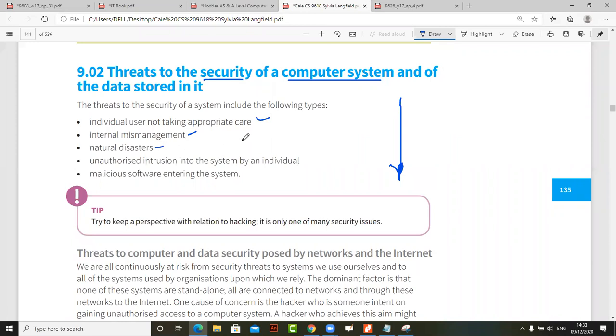So your computer system, okay, individual users not taking appropriate care, internal management, okay, natural disasters, okay, unauthorized intrusion into the system by an individual, malicious softwares entering the system. अच्छा, अब इसके लिए बेसिकली there's a rule जो मेंशन नहीं है, जो हम यूजुअली डिस्कस करते हैं. We always say कि जो रिस्क है ना, the risk that you have, okay, risk is always equal to